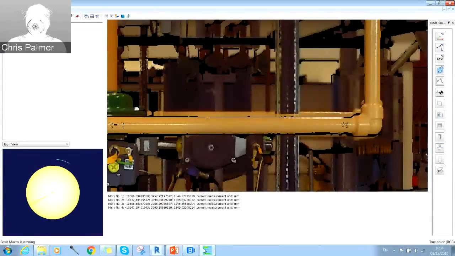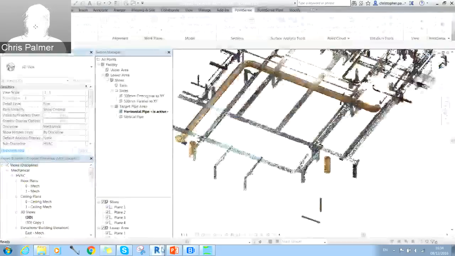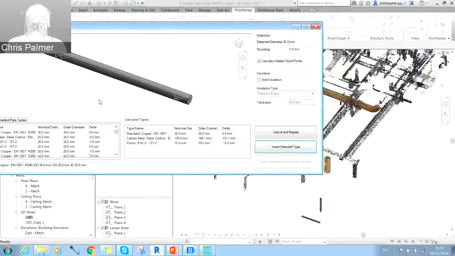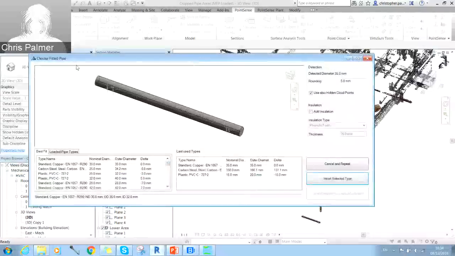You can see the screen's flashing slightly. Obviously, it would be better to have two monitors here now, but it's sending that coordinate to Revit. We go back into Revit, and what we have is this particular pipe. Now, obviously, because we've got that part of the point cloud hidden, it's not giving us that point cloud overlay, but it is finding the same detected diameter, which we know is correct, so we can select that pipe